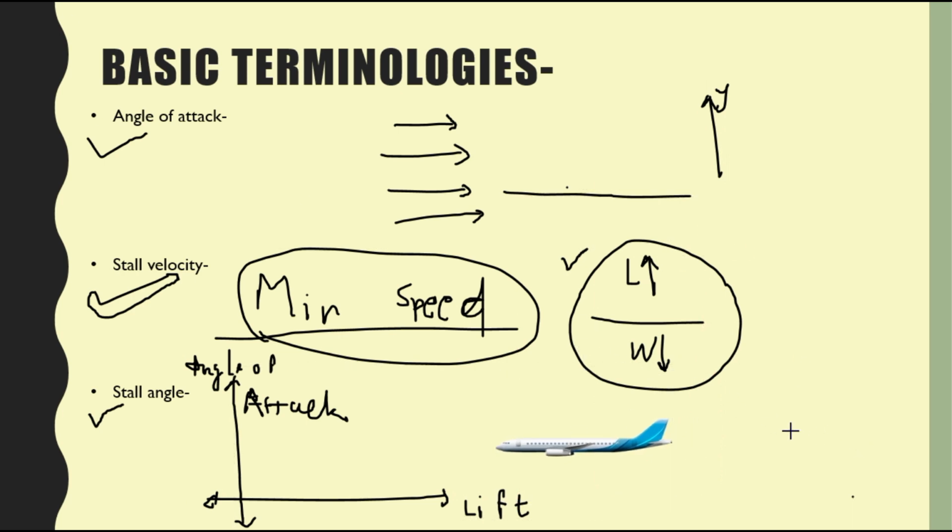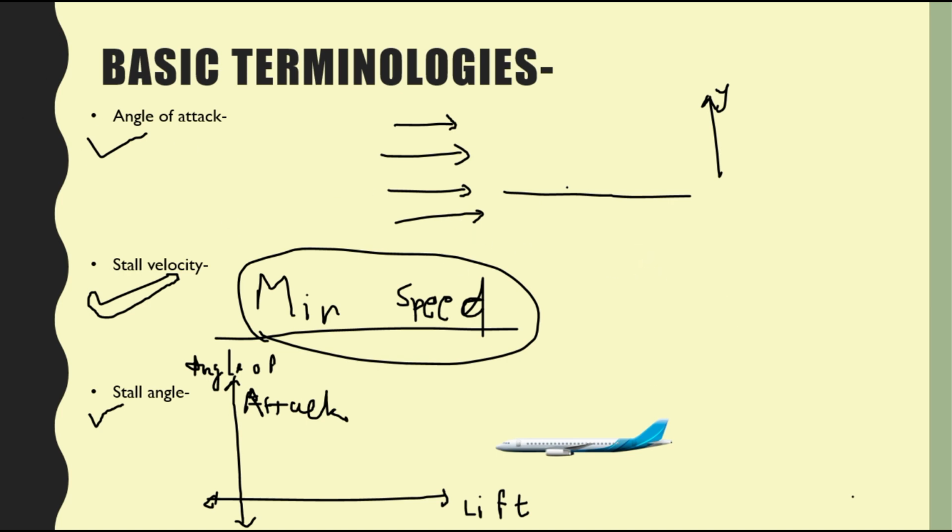Let's just wipe out what we have over here, and then we talk. When my plane is flying at a certain angle of attack, let's say I have elevated it by 1 degree. This is my 1 degree. Due to elevation of 1 degree, the lift of the aircraft increases. Let's assume this.